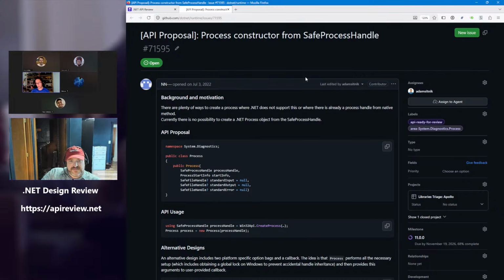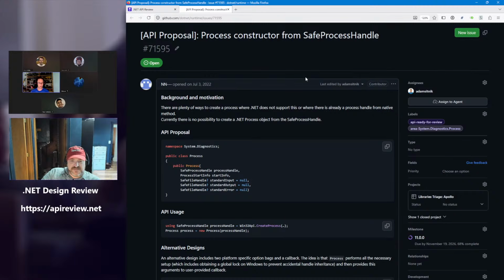So some of the users need to spawn the process on their own using pinvoke and then use process. We have recently introduced safe process handle, so they can now wait for the process to exit, kill it, signal it. However,